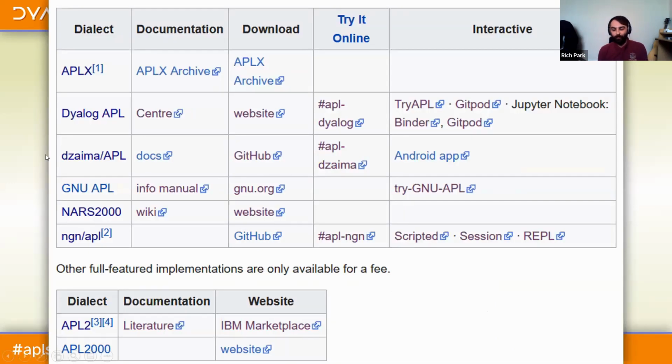So that's sort of one of the technical challenges. The other one is access to APL systems, and this is getting more available these days. Dyalog is relatively easy to download and install straight off the internet. And there's a variety of other APL dialects which you can either try directly online without installing anything, or you can go and download a free copy of those as well.